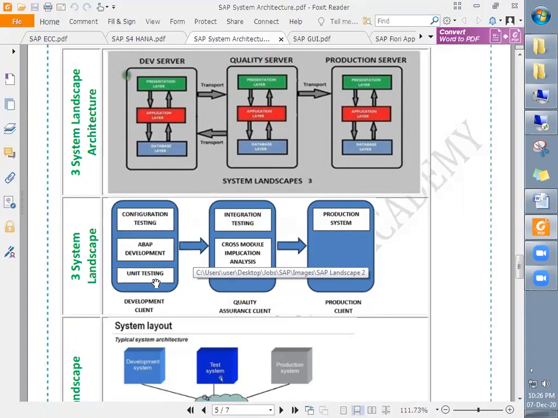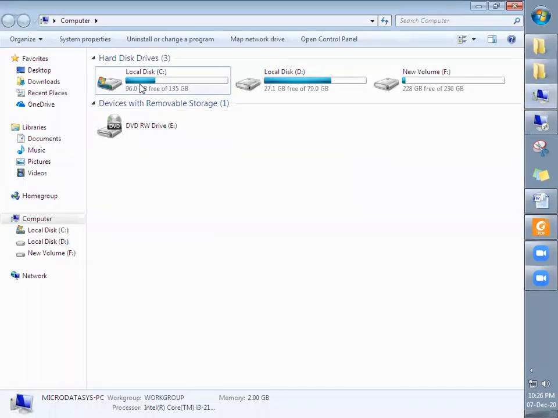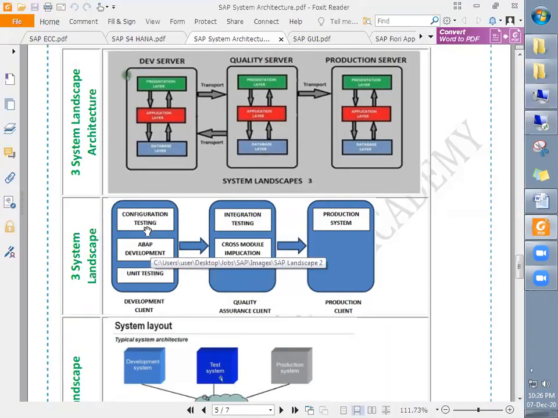Those are called clients. Here in our language, we say the hard disk is divided into different drives. Similarly, in SAP, the system has different clients based on the requirements, right? So you see the configuration client, and the ABAP development and unit testing client.